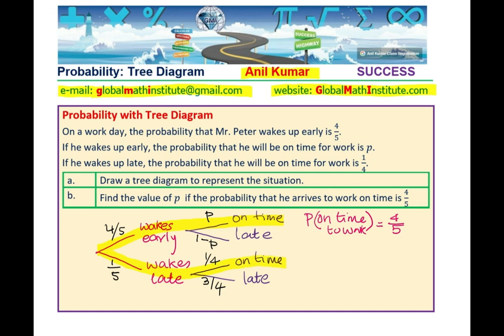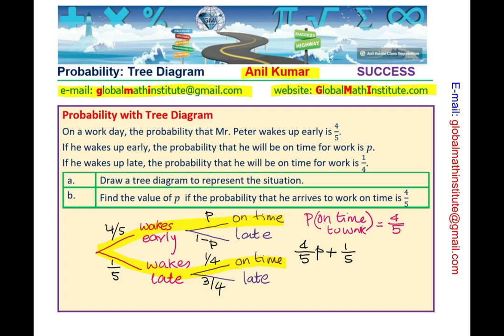So if Peter gets up early, in that case, the probability is P. So one option here is 4 by 5. Now these are independent events. So he gets up early and is on time. And is on time means you'll multiply them. So 4 by 5 times P plus the other option